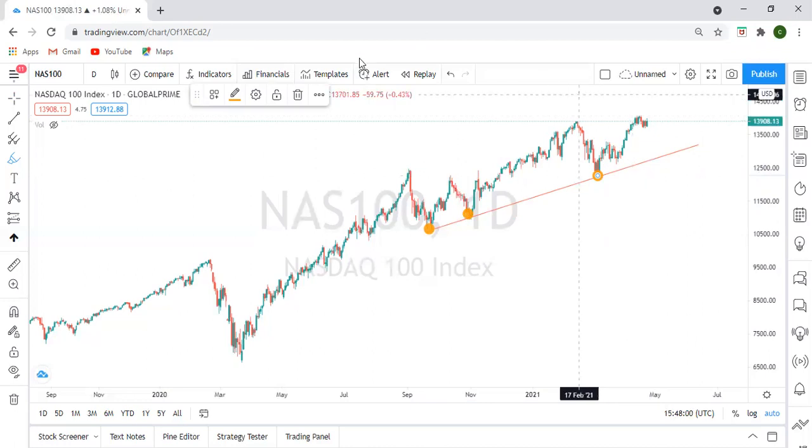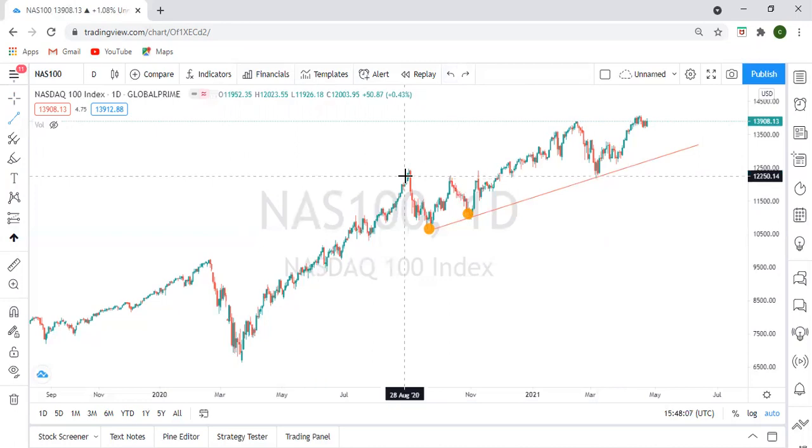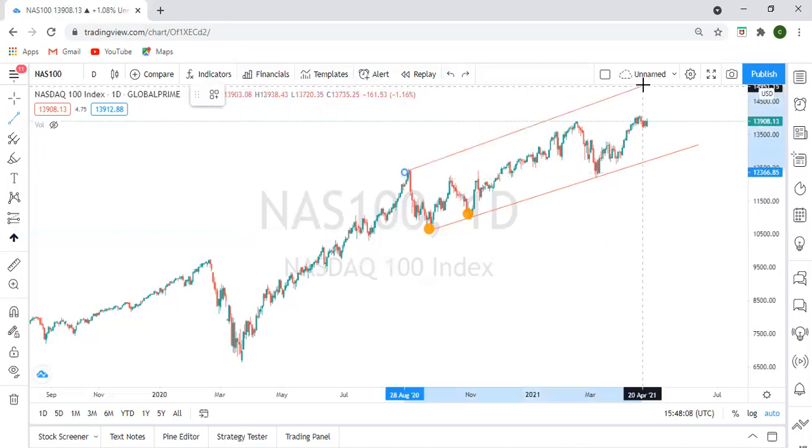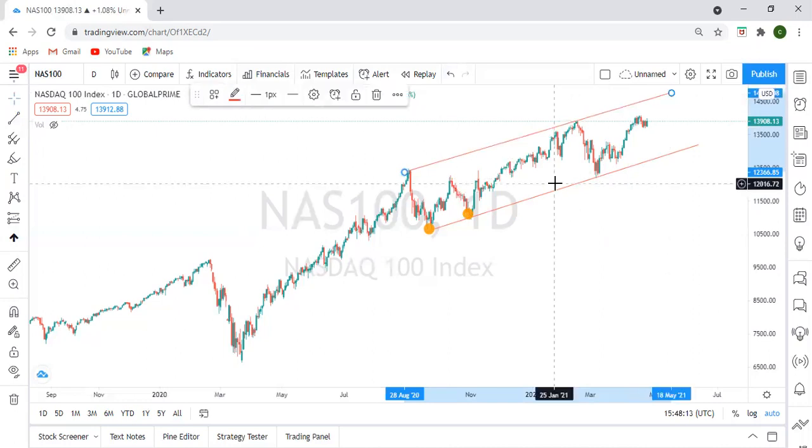So this is what we are having on Nasdaq. We're having a bullish market on Nas100. Let's just see where Nasdaq is resisting. Let's take and create this channel. This is a channel where Nasdaq has been resisting